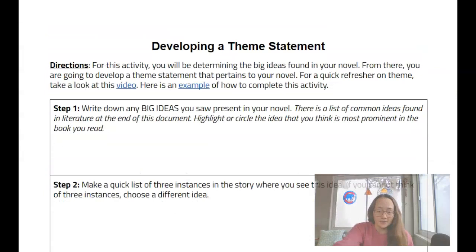All right, now, if you have any questions, make sure you're letting me know. I will be having some Zoom meetings or I might be seeing you in class. So if you are stuck on your theme statement or having a hard time with it, let me know and ask questions, because having a good theme statement is really important in then developing and writing your paper. All right, that's it for today.